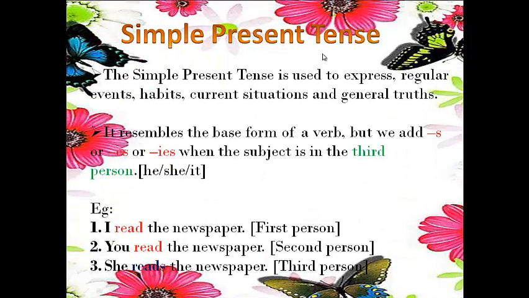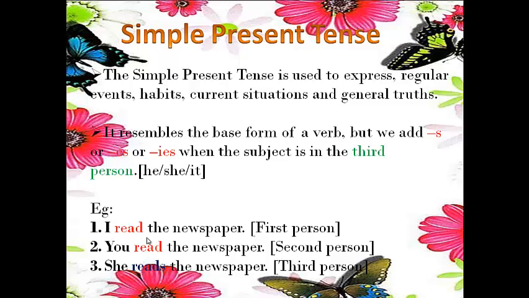Simple present tense. See the definition here. The simple present tense is used to express regular events, habits, current situations and general truths. It resembles the base form of a verb, but we add s or es or ies when the subject is in the third person, that is he or she or it. For example,